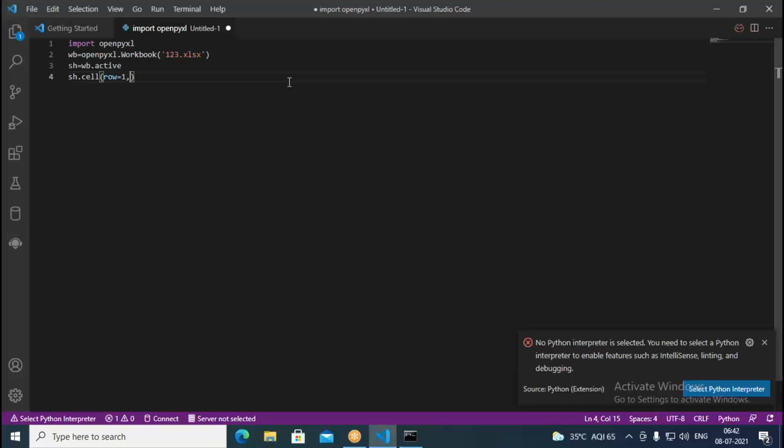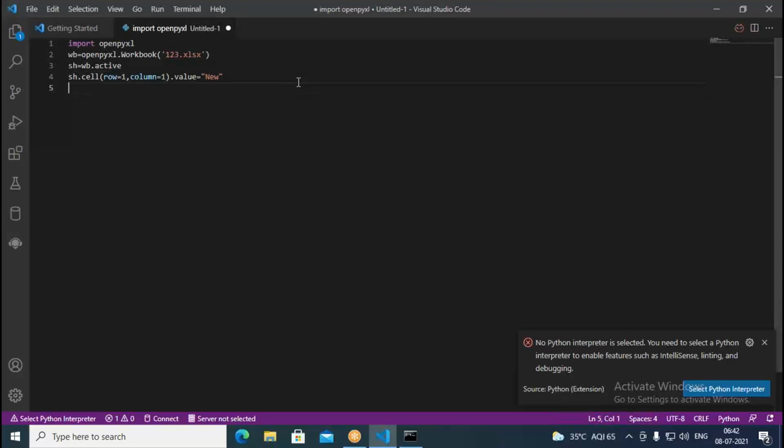You have a number of sheets. Whenever you create a workbook, you can create a number of worksheets in that. By default, I think three worksheets get created. When you say active, it's nothing but the first worksheet. This is a newly created one, so it gives us the very first worksheet. Then I write here column equal to 1. Okay, so row equal to 1, column equal to 1. Then value equal to, I put something like this, new.